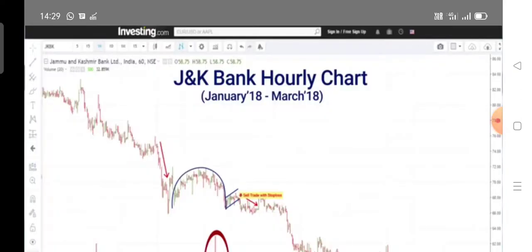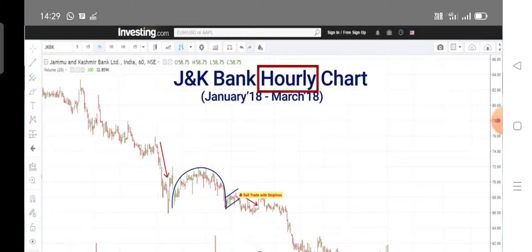Now here in this case, on breakdown, towards the end of the down move, the volume picked up, not just in the breakdown, but still it was an hourly chart. As the price action was according to the way we wanted, we could have taken a short trade in the Jammu and Kashmir Bank. So this is all about cup and handle and inverted cup and handle